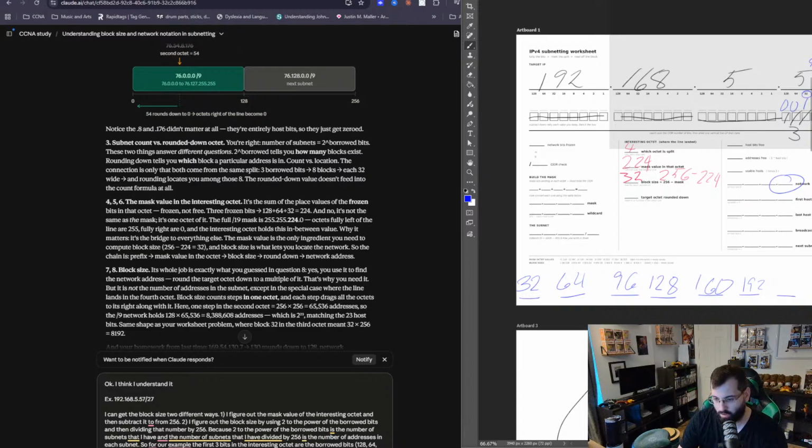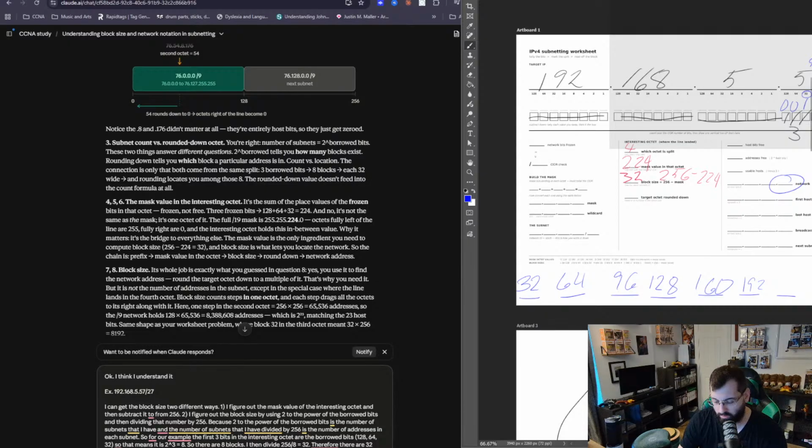So, to find out which subnet grouping that our example lives in, we just need to figure out which grouping it falls in. Our subnets are